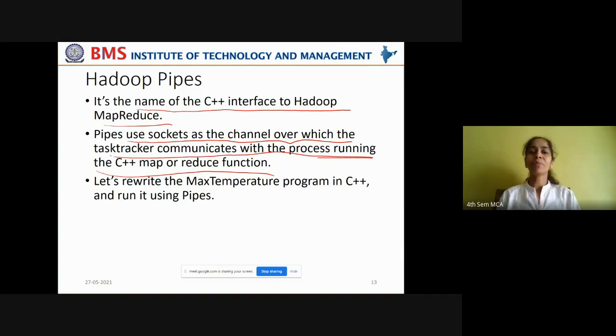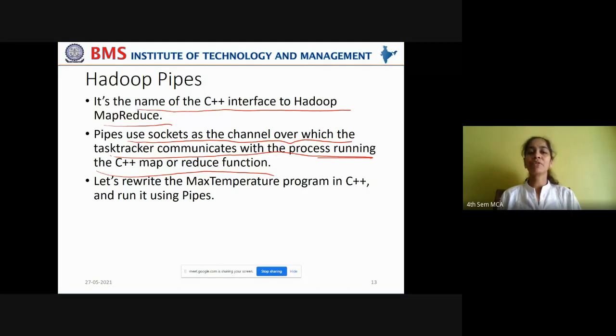So how do these pipes communicate? Pipes use sockets as the channel. You know what sockets are, right? Sockets are like connectors which connect two different phases. The pipes use sockets as the channel over which the task trackers, the slave nodes, communicate. The task trackers are the nodes responsible for performing the actual task of map and reduce, right?